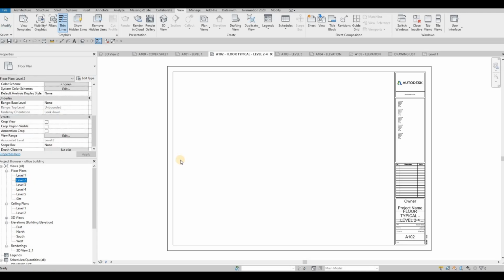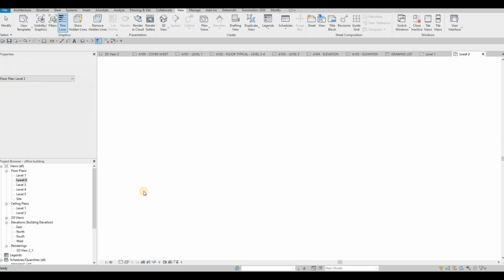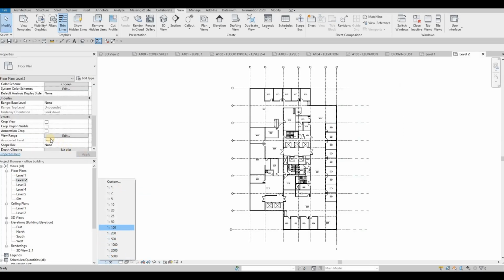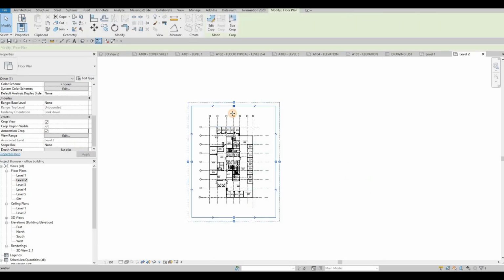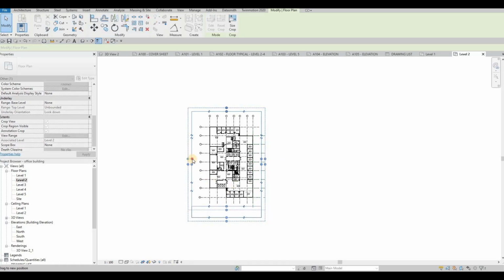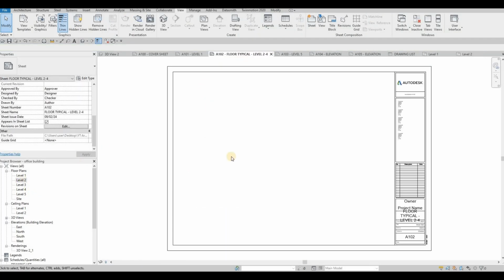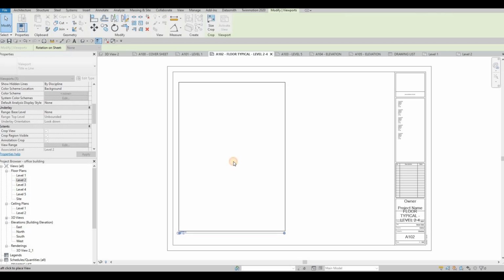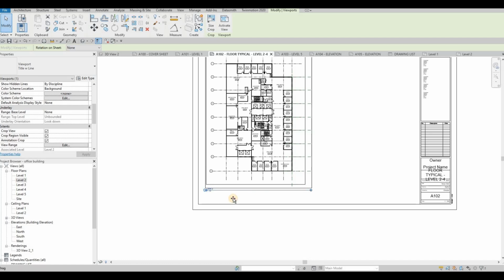Go to typical, level 2 to 4. Let's double check first level 2. We need to change this to 1:100. Go to your properties, check all of this, and then crop it to size. And then go back to level 2 sheet, and then add it like that. Press escape, select a view, and then grab this line right here,